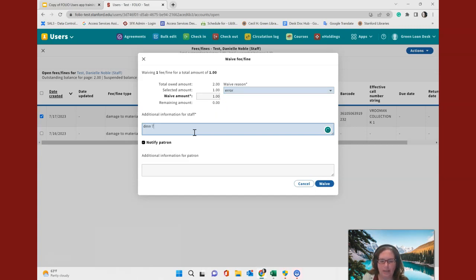This isn't a really necessary step since you already know who is logged in and performed this action, but it might be a helpful practice to continue. That's up to you and your library how you want to proceed. And then I'm going to come down here to waive